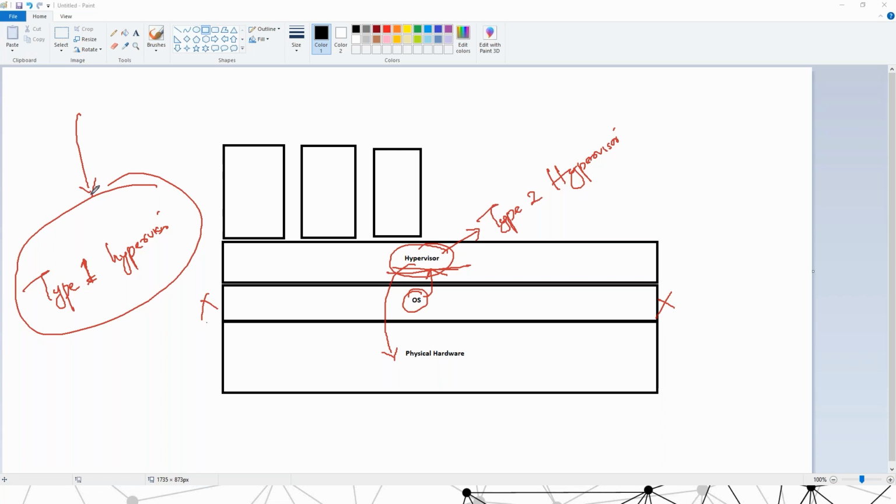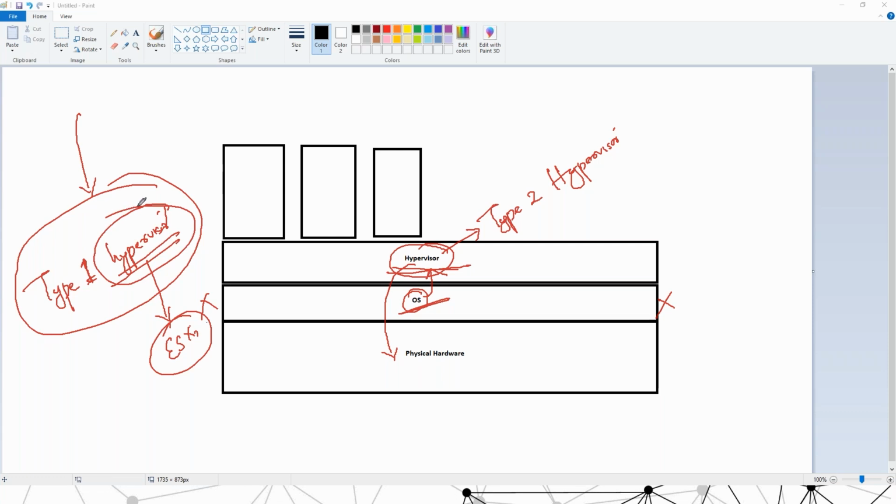On physical hardware without any OS, can you install a type 1 hypervisor? Is something supposed to be there? Nothing, 100%, because the hypervisor itself will act as an operating system also. The best example is VMware ESXi. It's a very common hypervisor by VMware. So basically, this is a very small tool. You are installing the hypervisor software directly to the hardware without any OS. 100% no OS, and there is a very mini OS inside this itself by default. Because of that reason, you can install the hypervisor software like you install an OS.